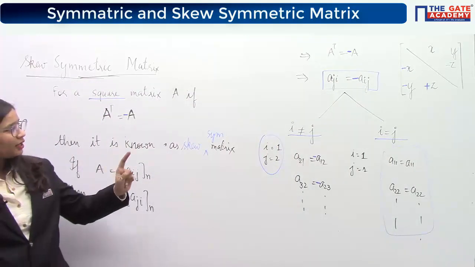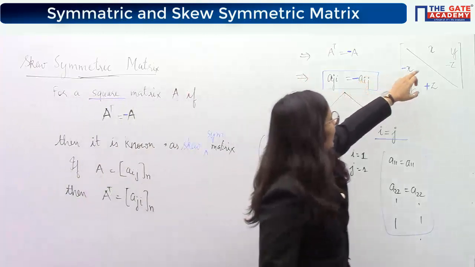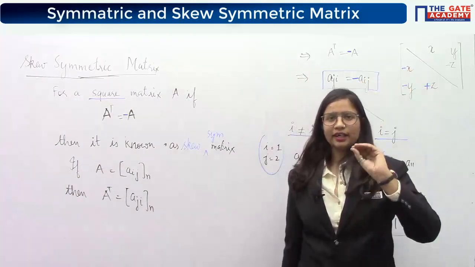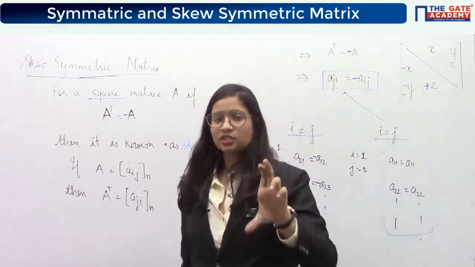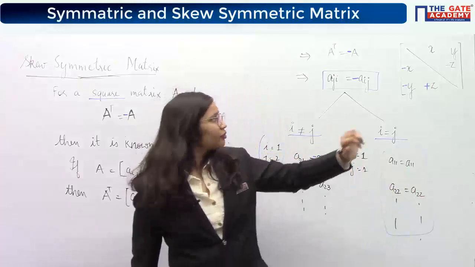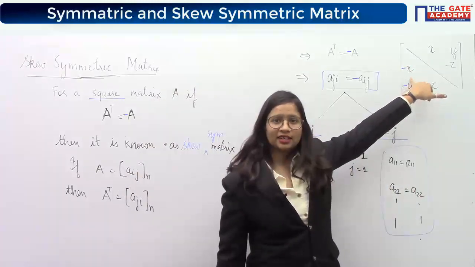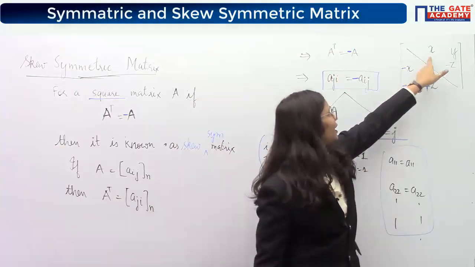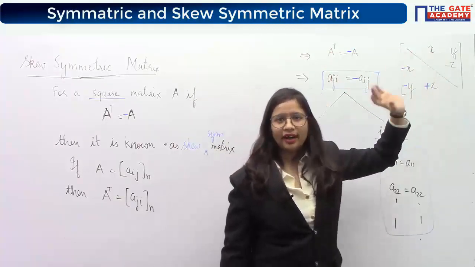So, what I was telling you, the change that will occur is that x is coming here, so it will be minus x. Again, you can see that there is a sort of symmetricity, but not exactly the mirror image. If there is x, here is minus x. Again, it's the same thing as a step brother kind of a thing. If it's x, then minus x, minus y, and so on.